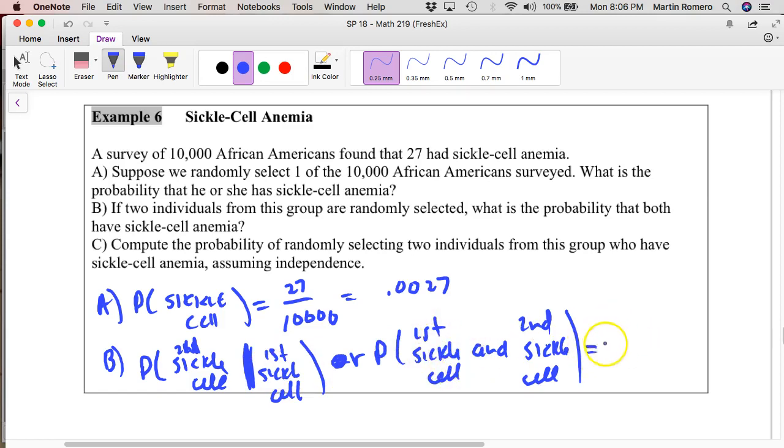And so in this case, it's just going to be 27 over 10,000 for the first one times 26 over 999. Where do I get those numbers from? Because after the first person has sickle cell, the second, oh no, it's not 27. It's going to be, not 26, it's going to be 27 over 9,999. It's because